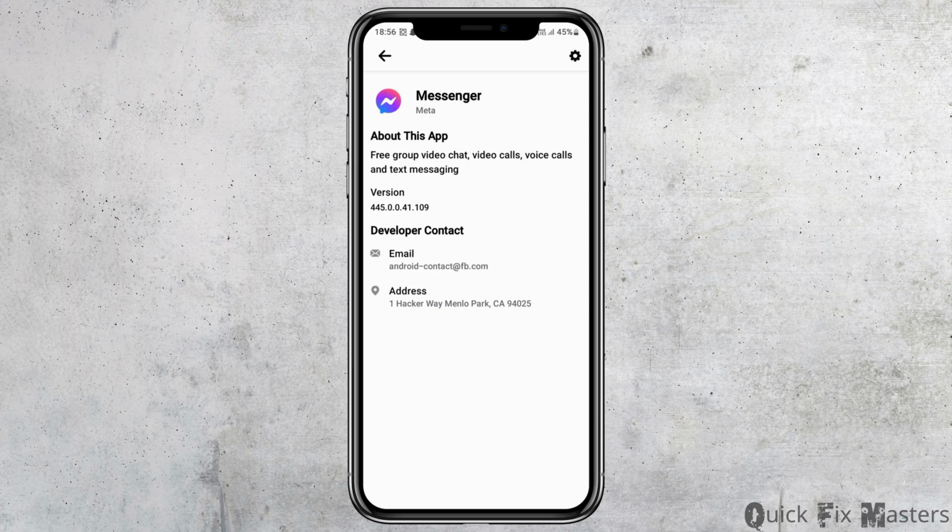Sometimes the app details and store will also lead to the Google Play Store, and you have to check whether the version is the newest updated version or not. Mine is the newest updated version, and if you see like this and if your version is updated,